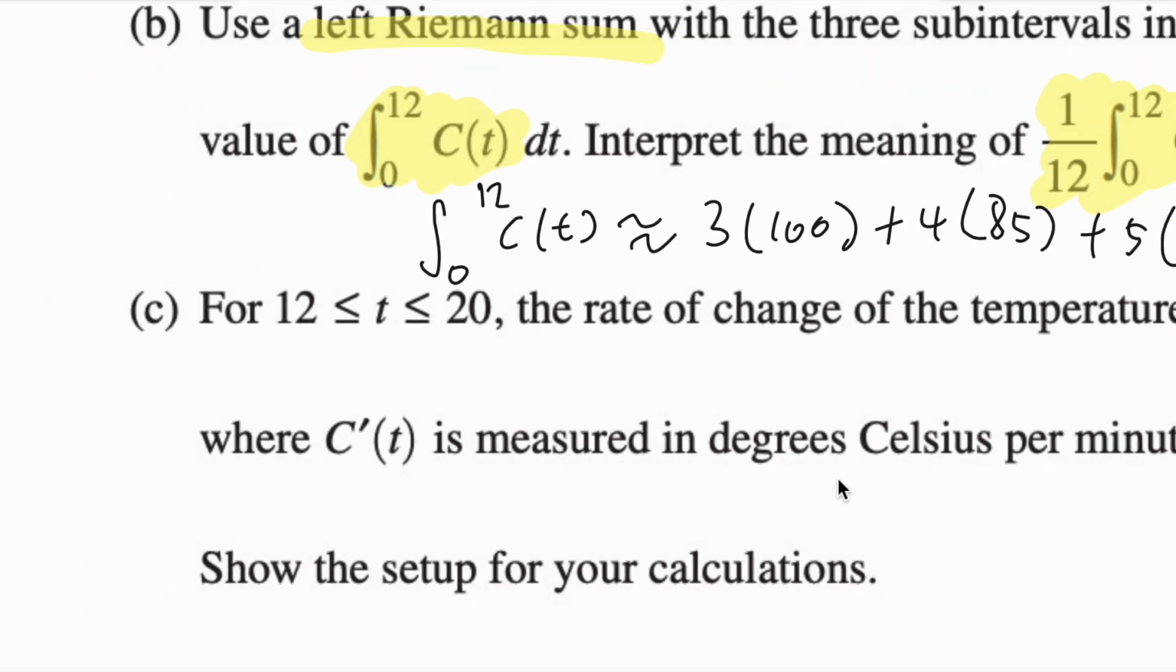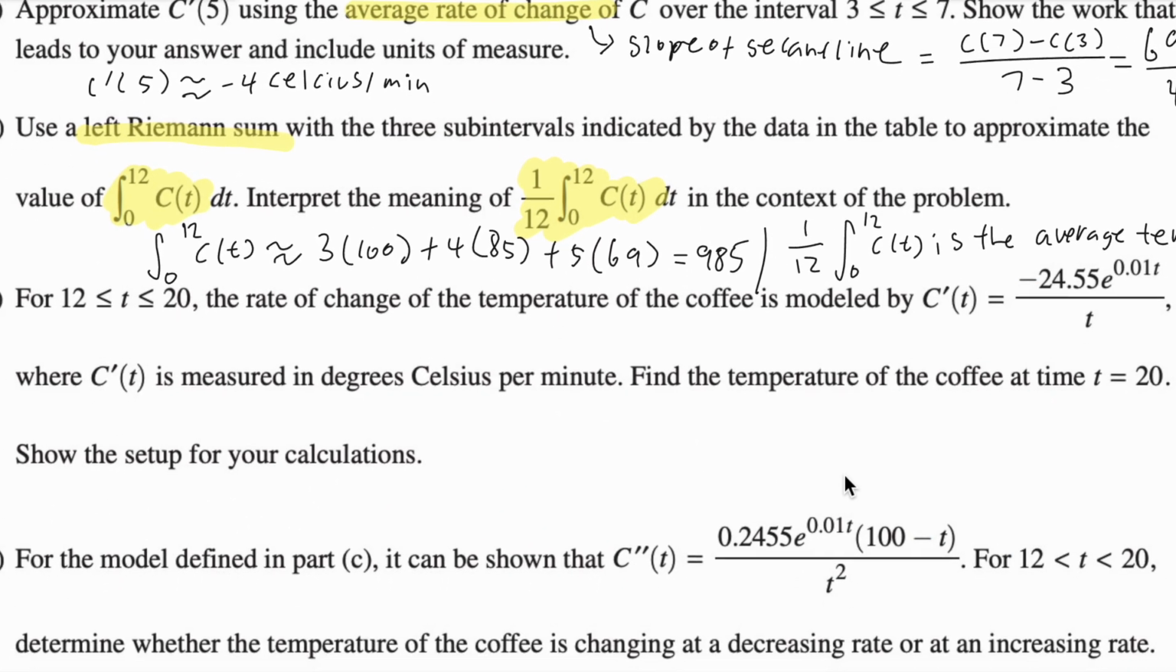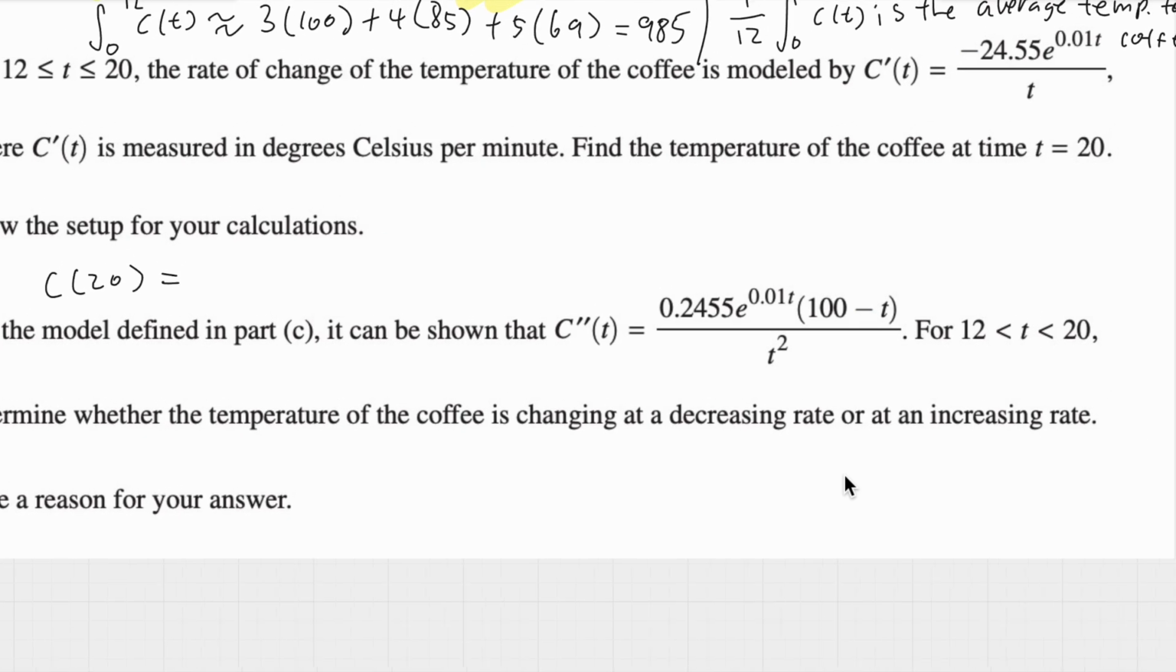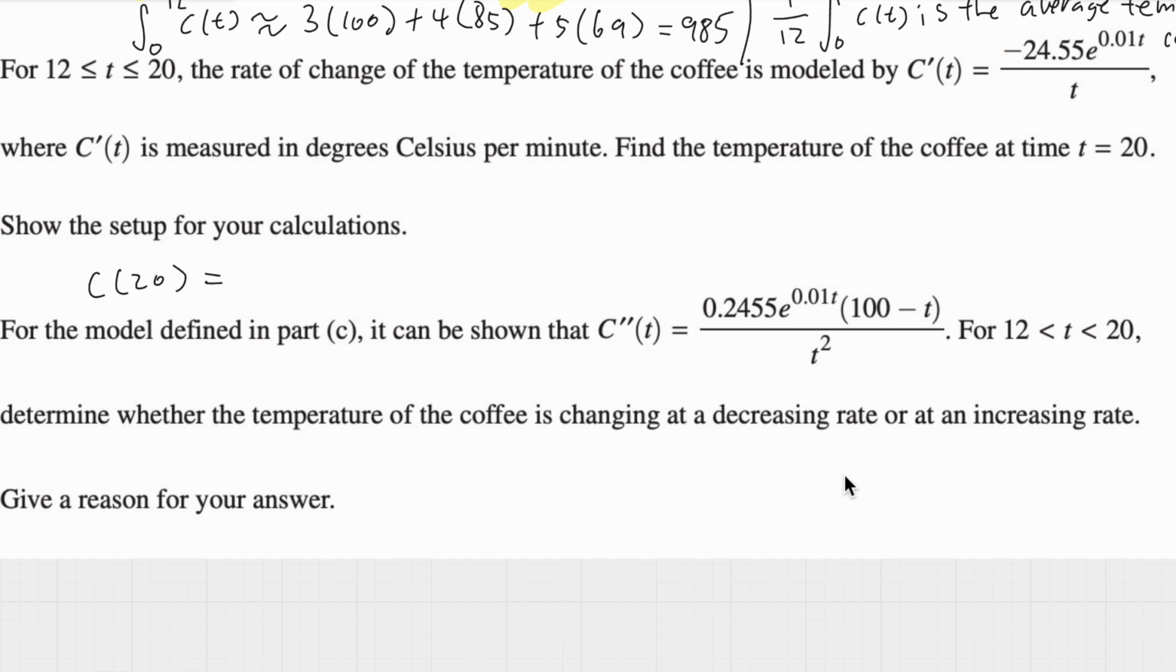Next question, so we have a C prime of t given to us, and what we have to do is find the value of C of 20. So we would say that C of 20 is equal to something. So what should the something be? Well, we can't just integrate from 0 to 20. Like, we cannot do this,